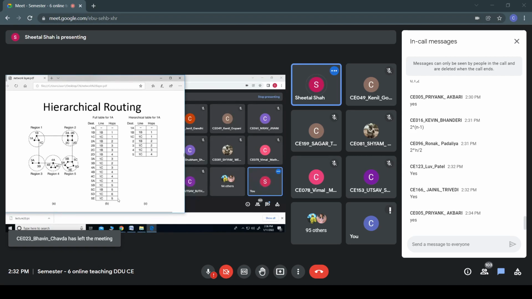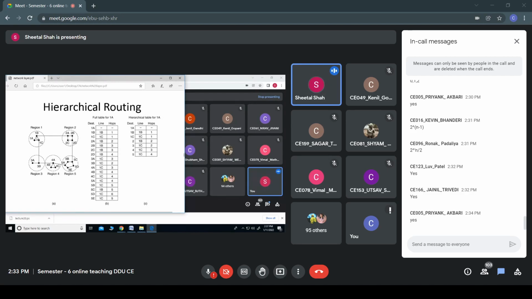Okay, so to overcome this problem, these routers can be grouped together and made into regions. Every router knows the routing information of the other routers within its region. Are you getting this? So 1A knows how to route to 1B, and how to route to 1C. The routing information is known by all these routers within their own region, but they are not aware of the topology or how the routers in other regions are interconnected to each other. Fine.